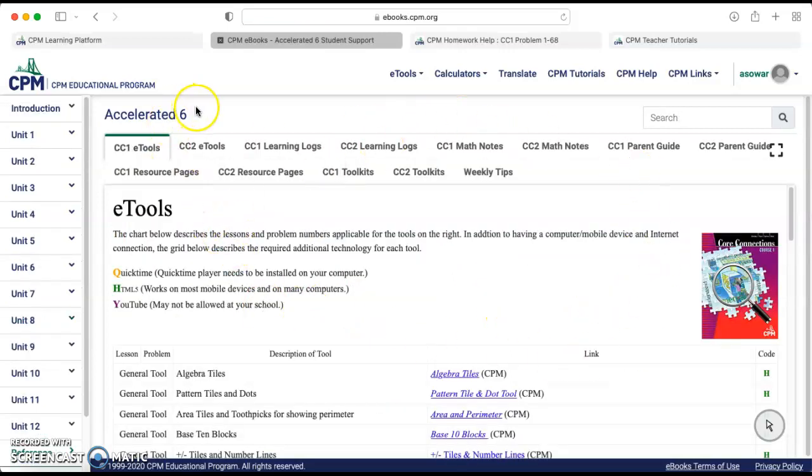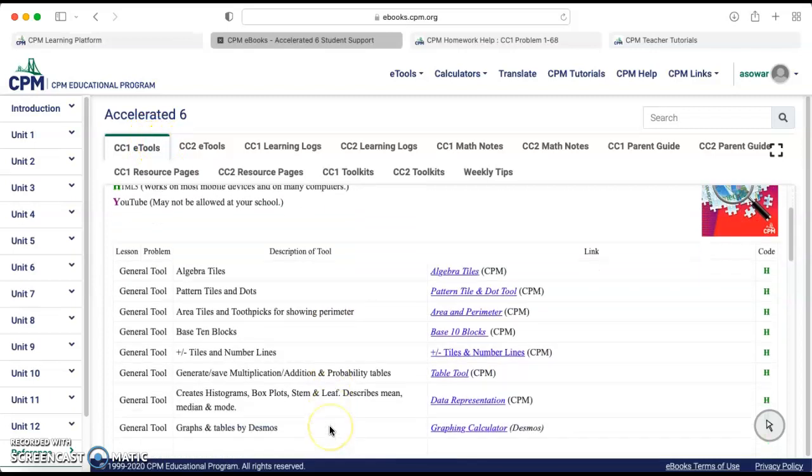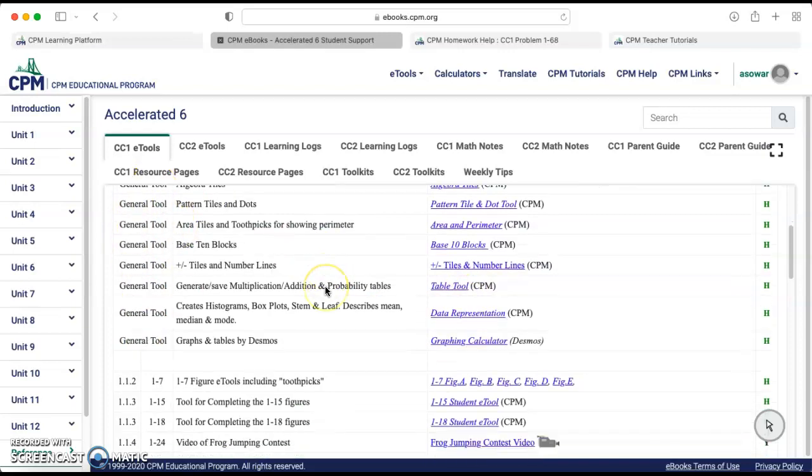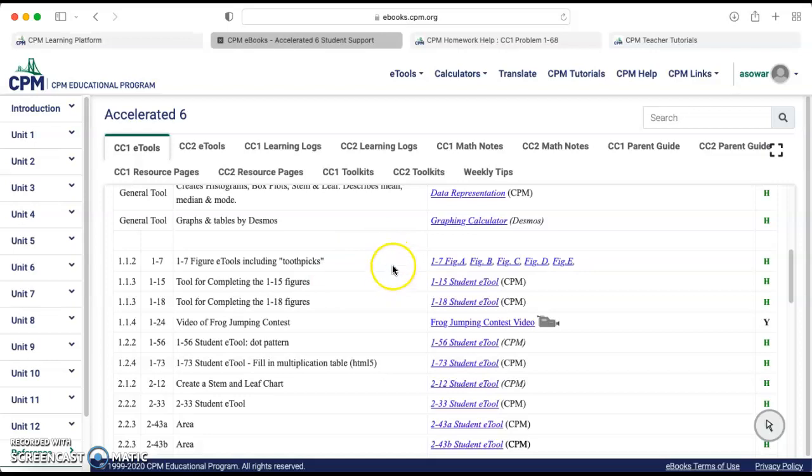on this page right here, we're going to come up with this accelerated 6 page. And on this page, it has all of the CC1 e-tools we'll be using. You'll notice that there's a link with every one of those. So these are just general tools that we'll be using. And then it will also take you to some of the problems that go along with an e-tool. So for example, lesson 1.1.2, we used tool 17, which was a toothpick tool we used for area. And you can click on these to see the different tools that we would be using interactively. Same goes for the 7th grade CC2